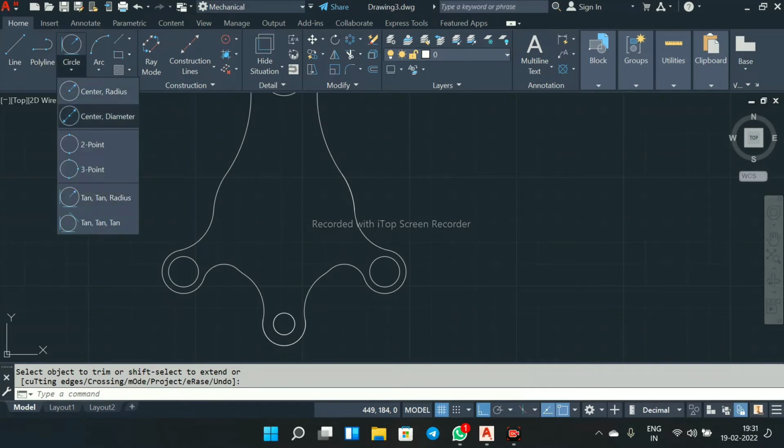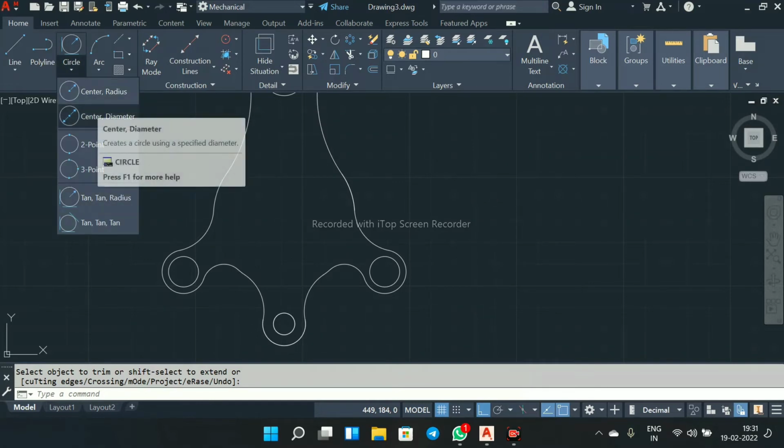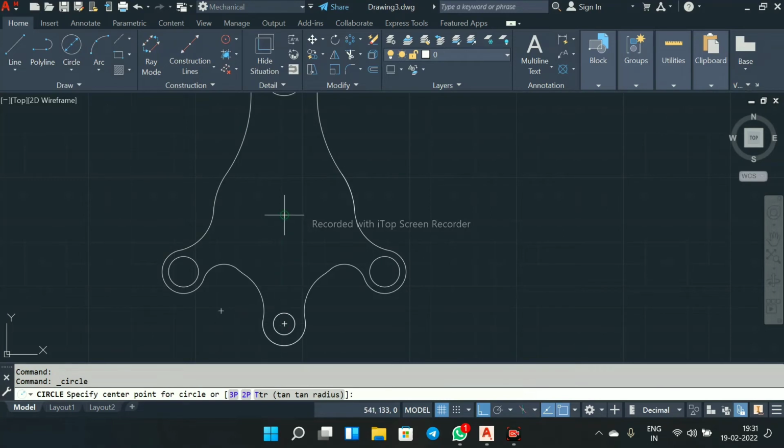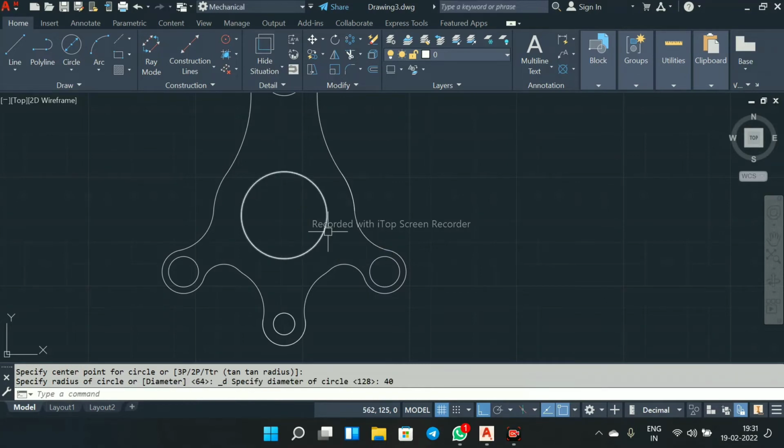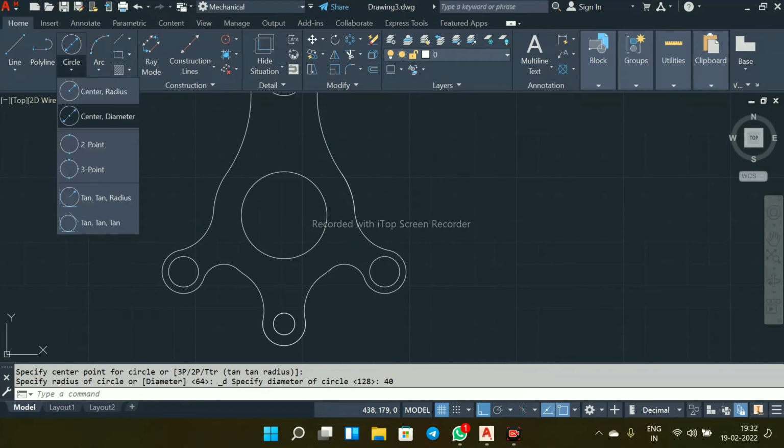Select here center diameter, this point, and make it diameter 40. Select this center radius.